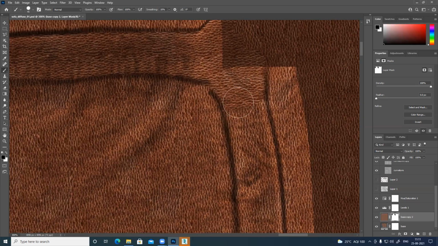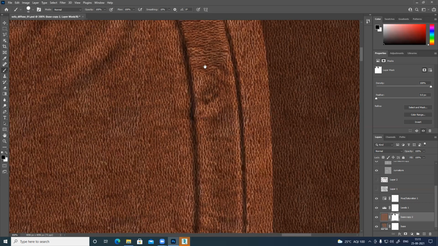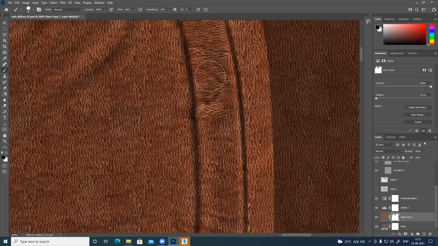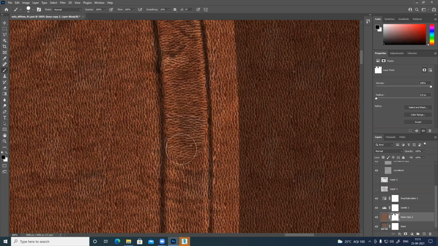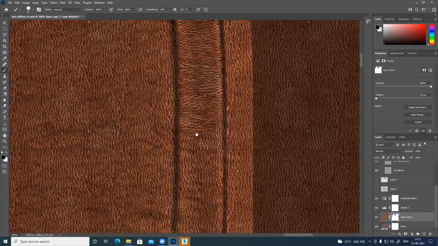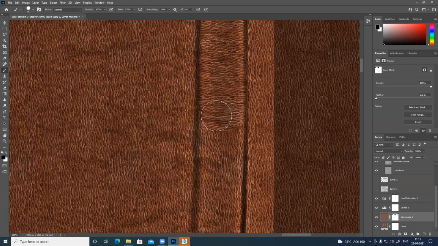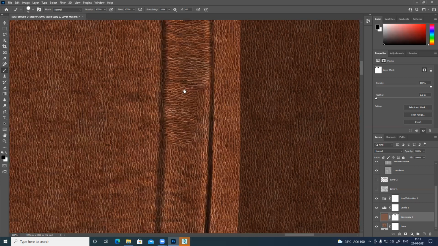Also, in this particular texture, I feel there's a lot of variation, and that's why I can see the repetitiveness, right? So what I'll do is convert this texture into grayscale, black and white, and add a base color. So what will happen? All this tonal variation will go, and those tones I can add in a separate layer. If I want to add variation, it will become easy for me.